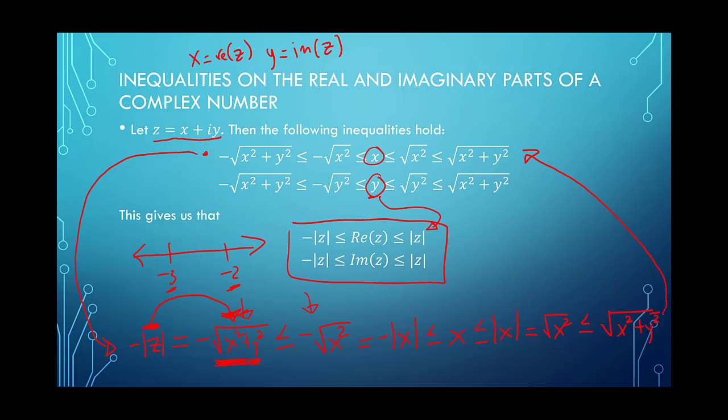So we know that minus the length of z is less than or equal to the real part of z, which is less than or equal to the length of z, and likewise for the imaginary part. So what this is telling us is that the real part of your complex number and the imaginary part of your complex number can only be as big as its length and is certainly greater than negative its length. Okay, or that's the least it could be in a way.